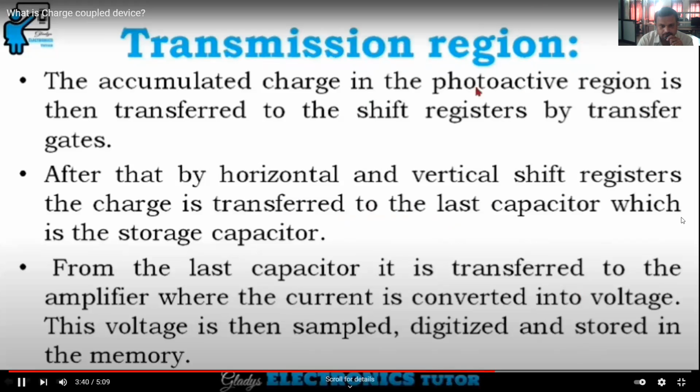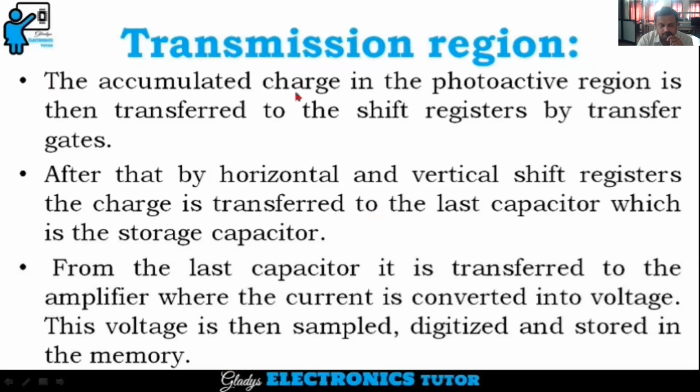Next, the transmission region. The accumulated charge in the photoactive region is then transferred to shift registers by transfer gates. After that, by horizontal and vertical shift registers, the charge is transferred to the last capacitor, which is the storage capacitor. And from the last capacitor, it is transferred to the amplifier where the current is converted in